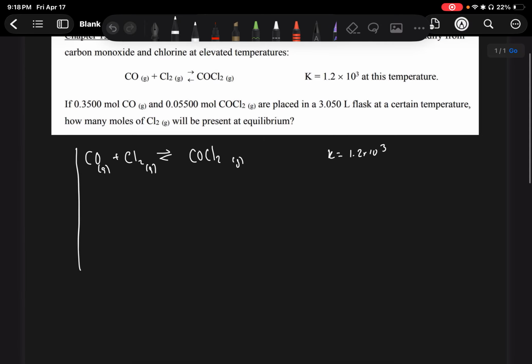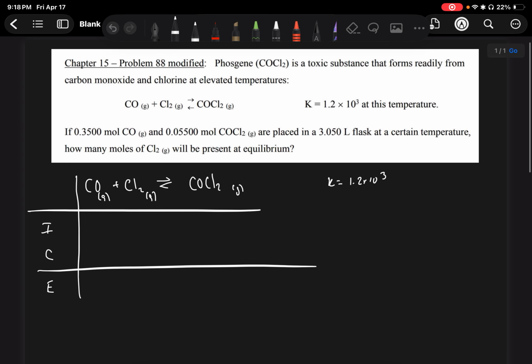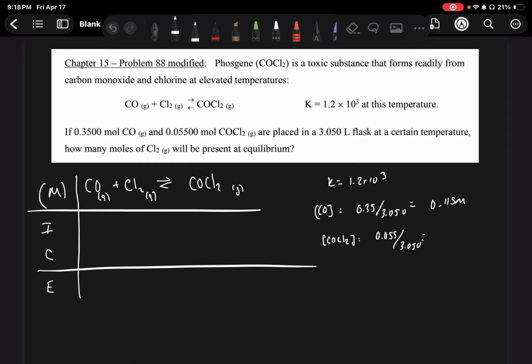So we need to find the equilibrium, yeah? So that's easy. Okay, so we need to find each one. So it's going to be equal to 0.35 divided by 3.050, which is equal to 0.115 moles per liter. And then, bro, these brackets are so ugly. COCl2 over 3.050 is equal to